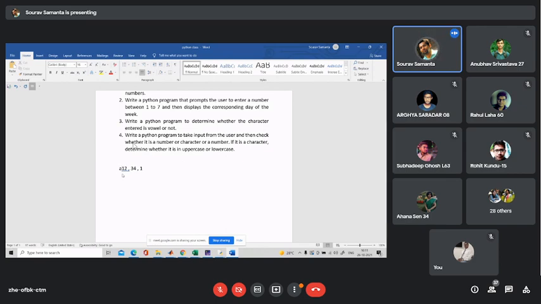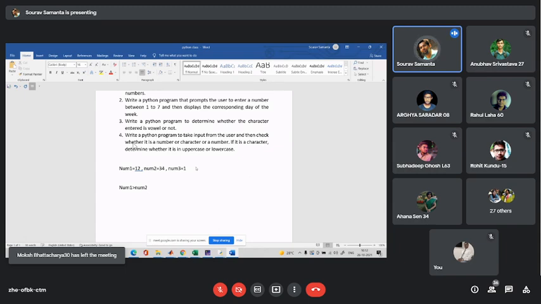Rather, we'll put the values in variables, say A, B, and C. Or it will be better to use number 1, number 2, and number 3. So first we have to check whether number 1 is greater than number 2.